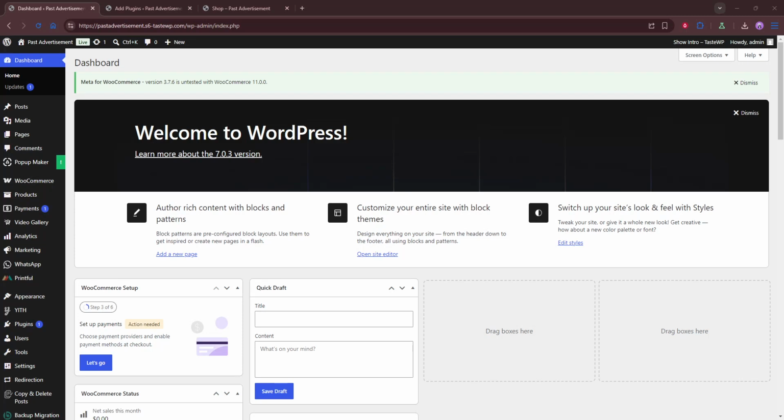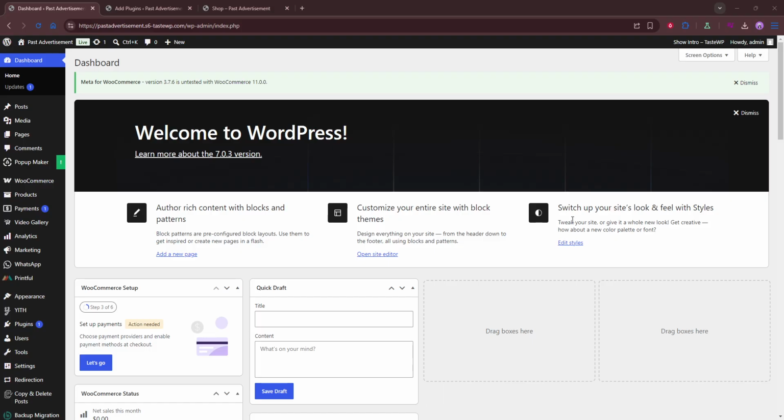In today's video, I'm going to teach you how to add shipment tracking to WooCommerce orders and make sure your customers receive the correct tracking information. We'll go through the full setup process from installing the plugin all the way to verifying that the tracking link works properly. This is a very useful workflow if you want to keep customers informed after purchase and reduce support